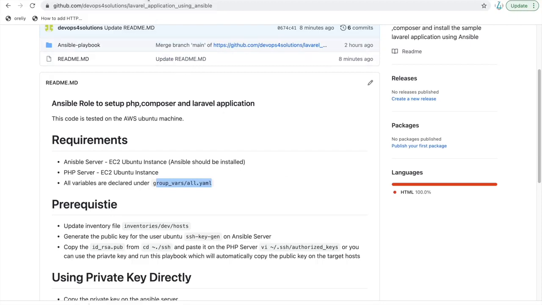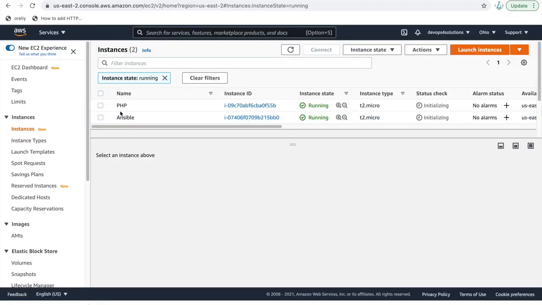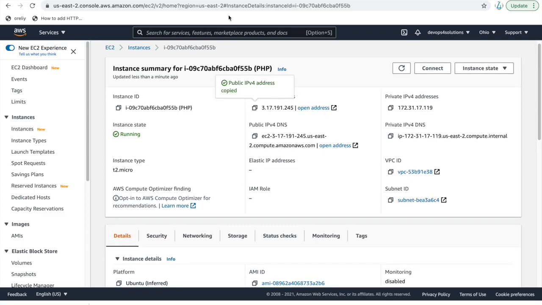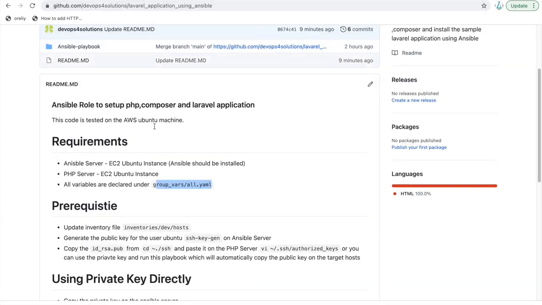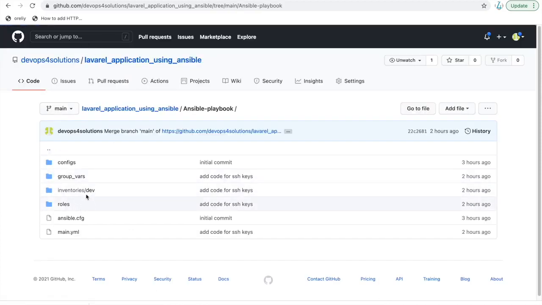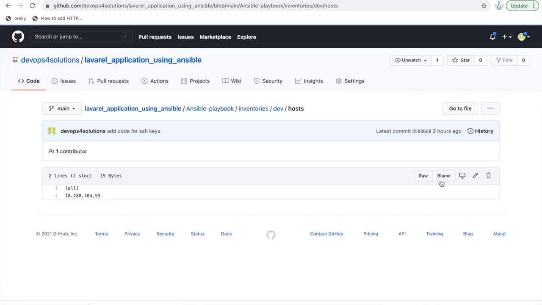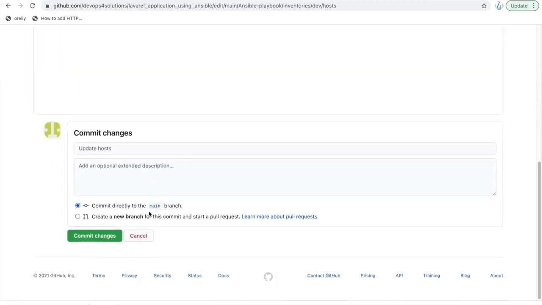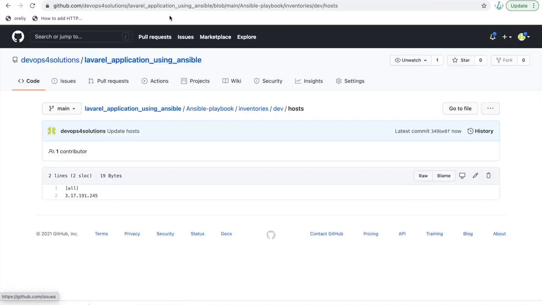First thing, the PHP server. Here you can see that I have created this instance already, PHP, and you can just copy this IP address. Let's just do it. And first you need to update the inventory file. So if I go there, in the inventories, let me just update it. Okay, so this is how you can just update your inventory file. Once this is done,